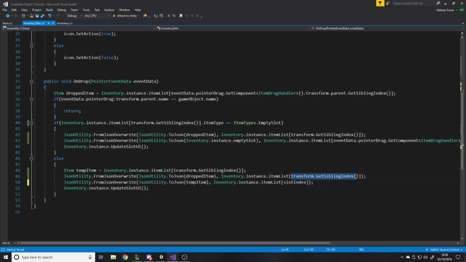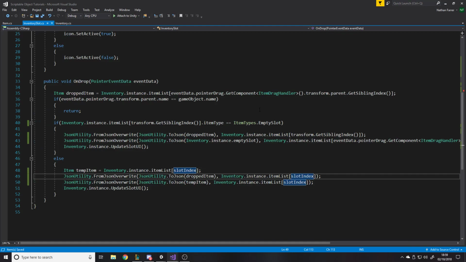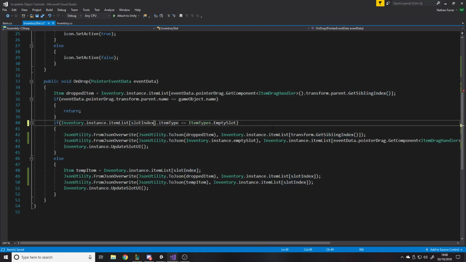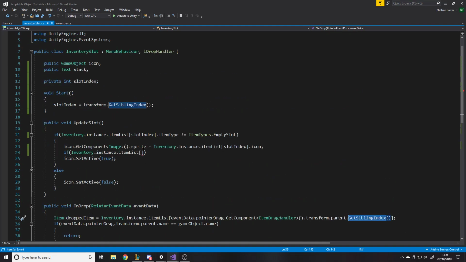So transform.getSiblingIndex. Where else have we got transform.getSiblingIndex? We've got it there. We've got it there. Have we got any other? Oh, and there. Okay, I'm pretty sure that's all, because this is getSiblingIndex, and it's only in those two places where we need to. Okay, item list, slot index. So if that slot